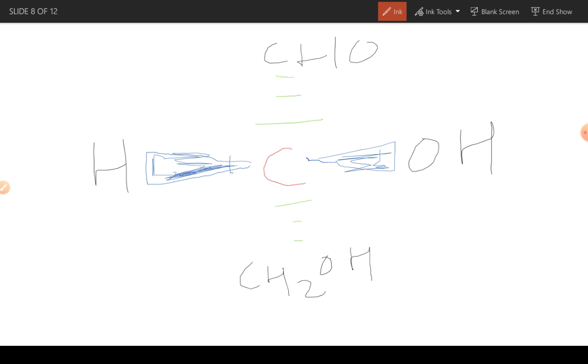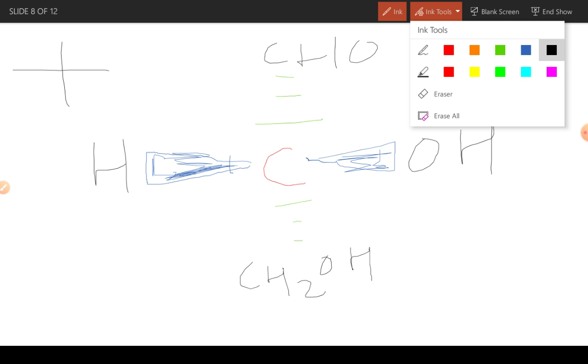See, here H and OH are coming towards us, while CHO and CH2OH groups are going away from us. Means at the vertical position, the groups will be going away from us. At the horizontal position, they will be coming towards us. This is the Fischer projection, like this. This is a plus sign.